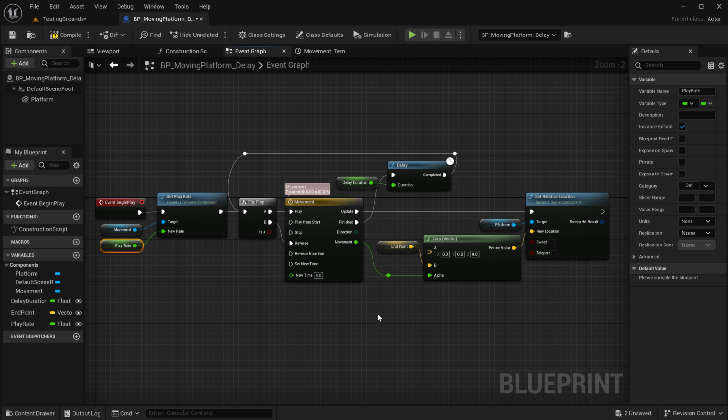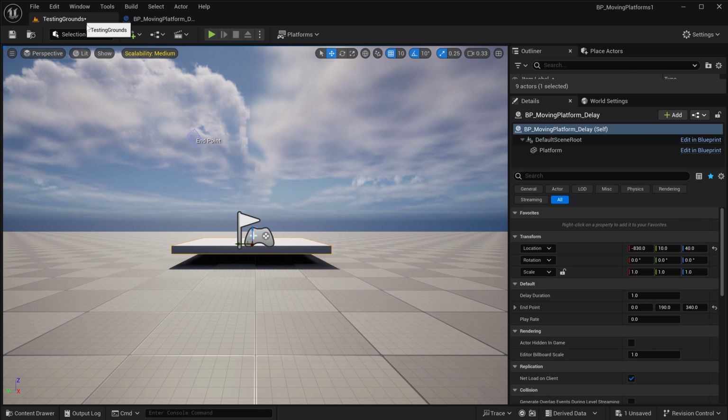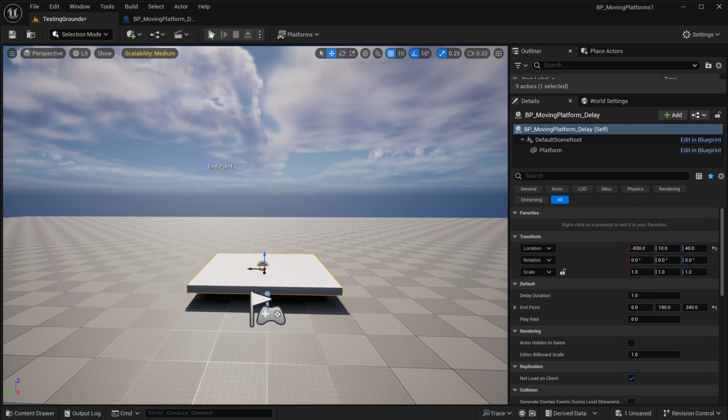You can put delays in between. So if you want obstacles to take 1 second before they jump out of the wall, you can do that, or make them hang out outside for 1 second and really kind of play around with some features, right? So if you compile all this up, go back to your level, and if you press play,